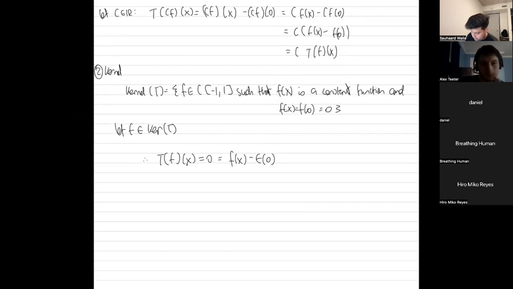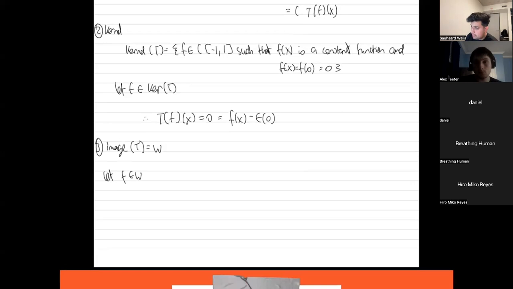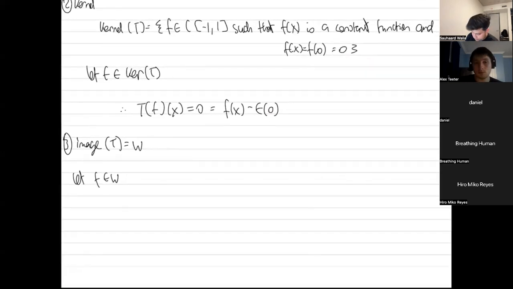Let's quickly, I know we're just 4 minutes to go, just quickly talk about the range or image. We need to find the image of T, which has to equal W, right? So let f be a part of W. We want to find a set that we can write the whole of the range as. So if we're saying let f be a part of W, therefore